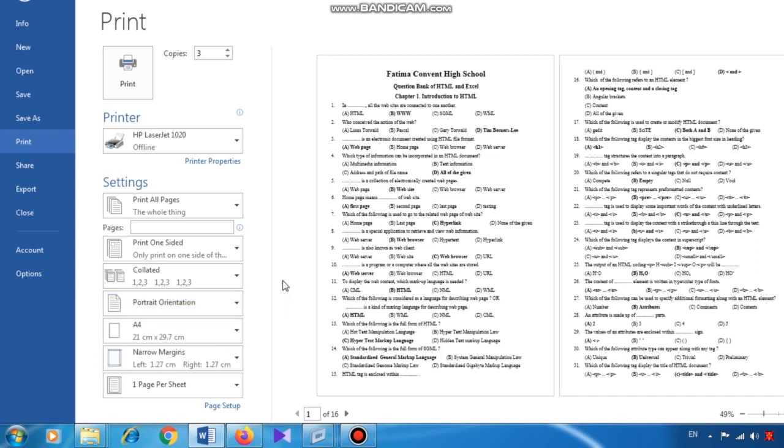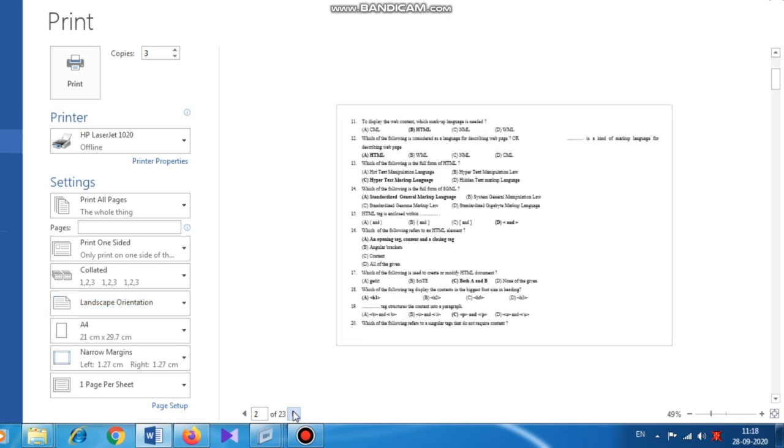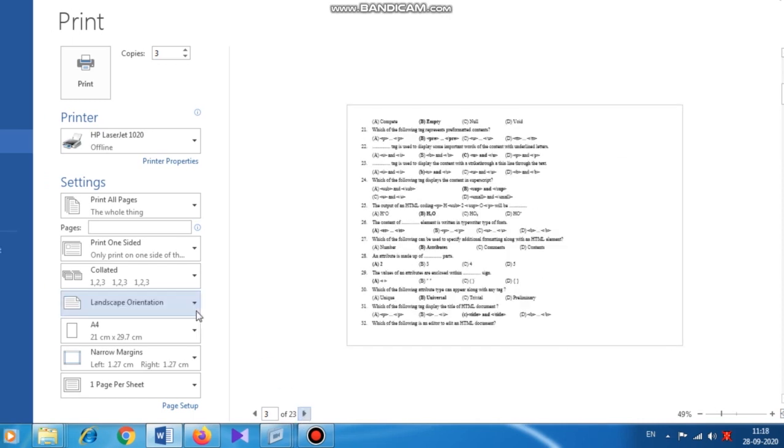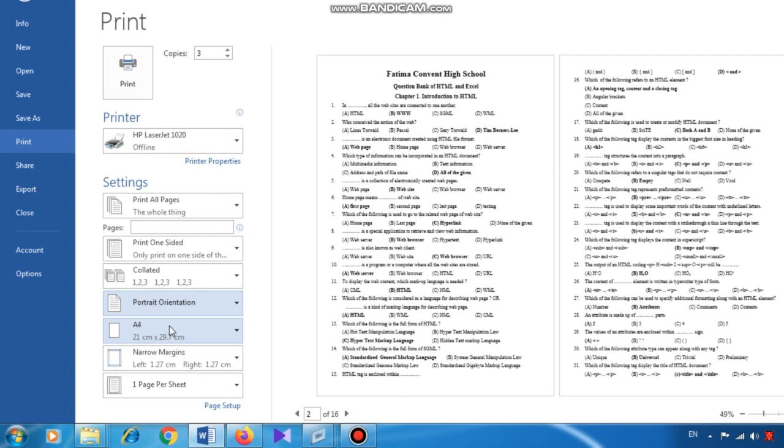Now if I click on landscape and check how it prints, it will print this way. See, the page is arranged horizontally, and the matter which was not in 16 pages now has 23 pages, you can read here. So that is the meaning of horizontally and vertically, that is portrait and landscape. The default setting is portrait.